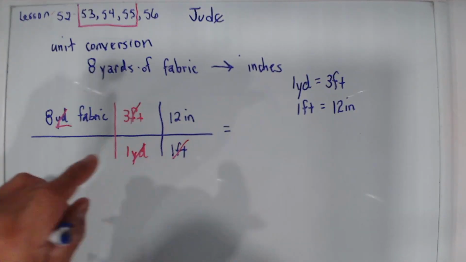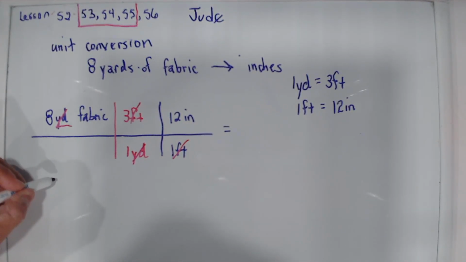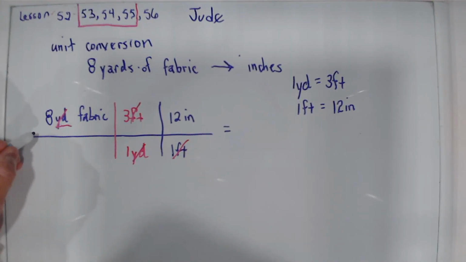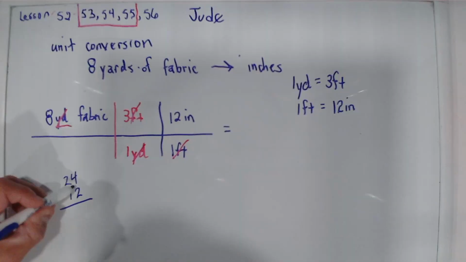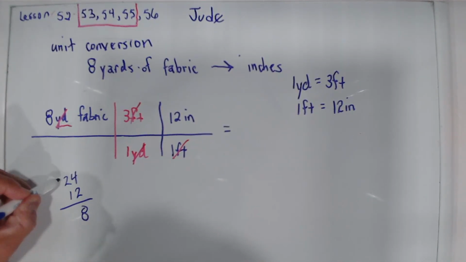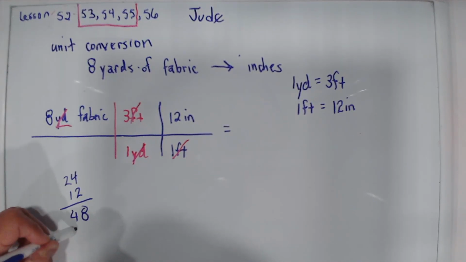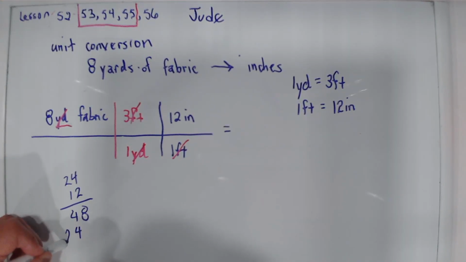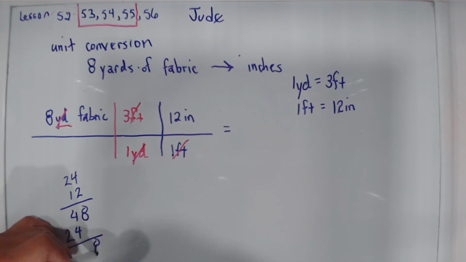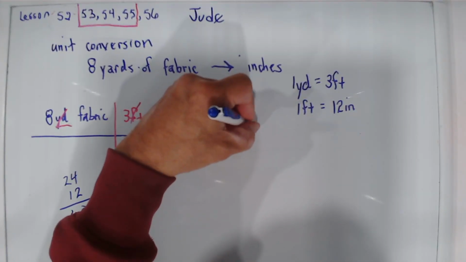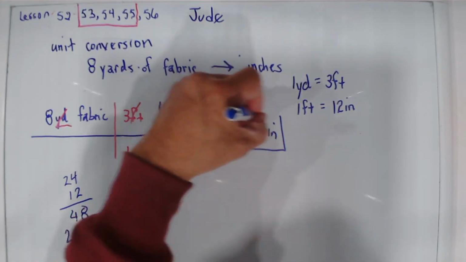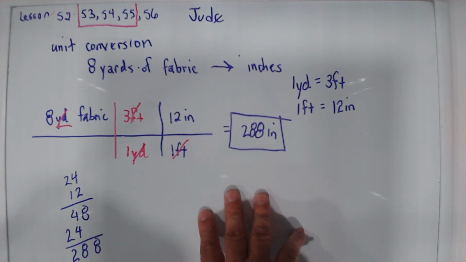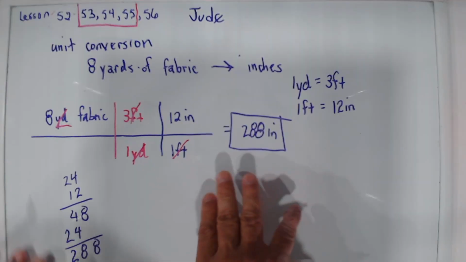8 times 2, which is 96. Well, let's see, 3 times 8 is 24 times 12. 2 times 4 is 8. 2 times 2 is 4. 1 times 4 is 4. 1 times 2 is 2. 8, 8, 2. So this is going to be 288 inches. So the most important part about doing a problem like this is making sure you set it up